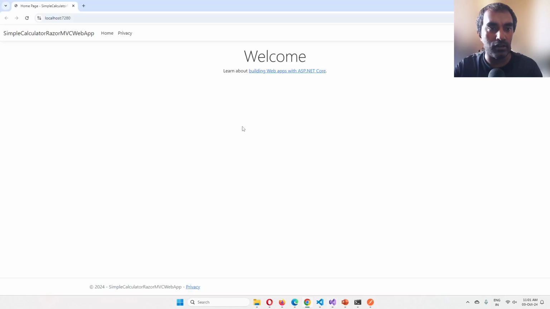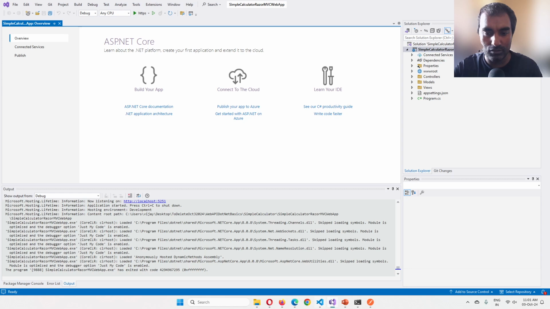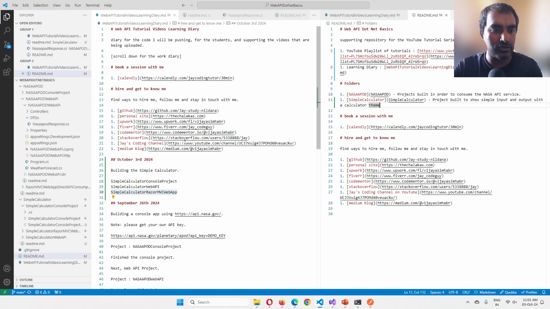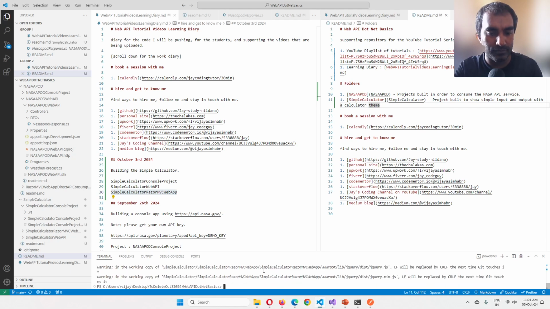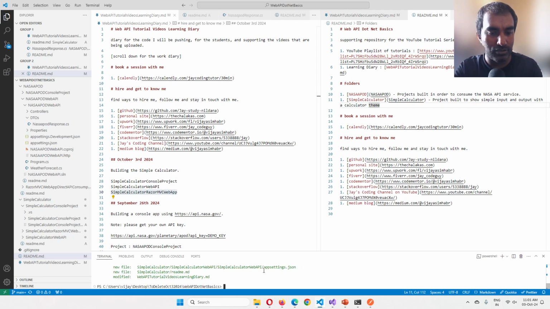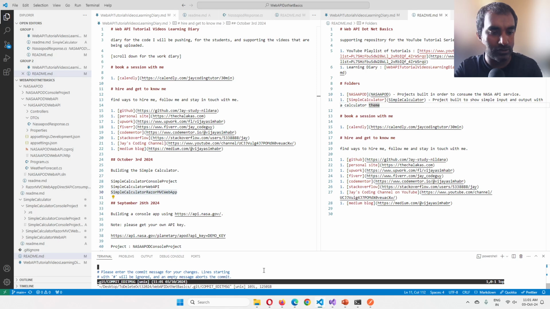We have the Razor web app working just fine. Cool. Very nice. Okay, so I've been forgetting to commit, so let's go ahead and just commit. Commit as frequently as you can. I feel like I've added two projects. It's a good idea to commit. Okay, there you go. Git add dot, git status. Okay, looks good. Git commit. Added two projects